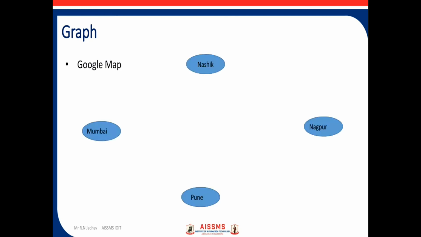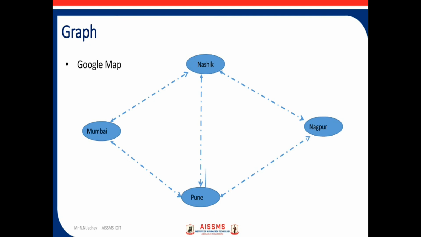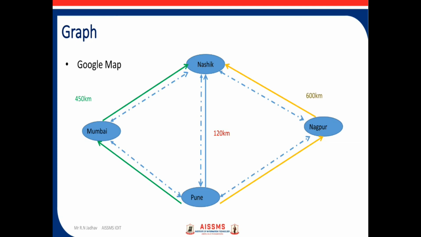Next data structure is graph. Now in graph, data is organized in the form of vertices and edges. The most popular application of graph is map. Now all of us have used Google Maps, where we find multiple cities are interlinked with each other with the help of different paths. Now these paths can be unidirectional or bidirectional. Now we have multiple paths to reach from one destination to another. Now by applying different algorithms and considering different parameters like distance, direction of a path and the traffic, we can find out the shortest path to reach from one destination to another.